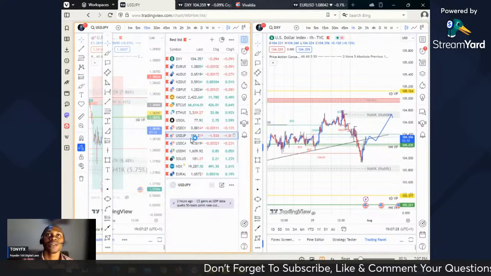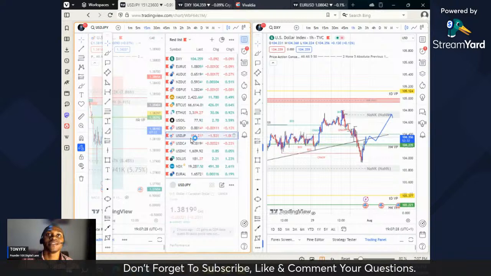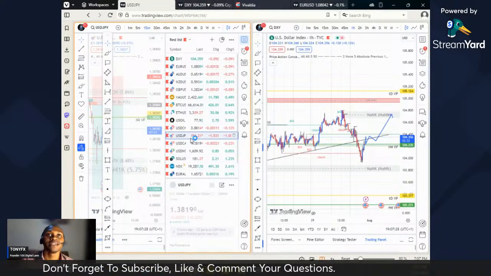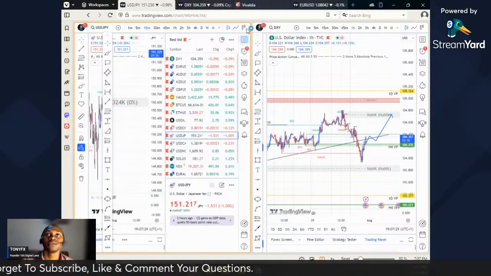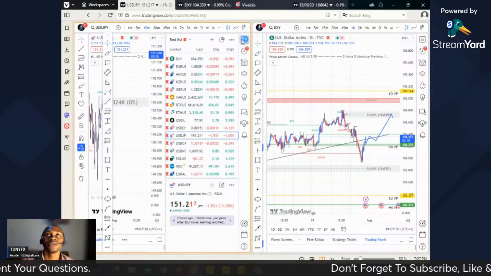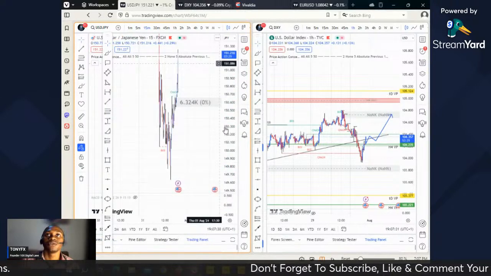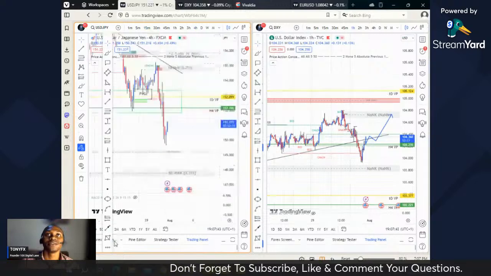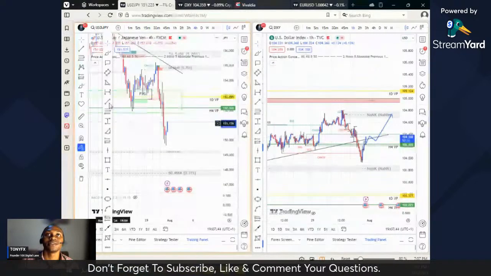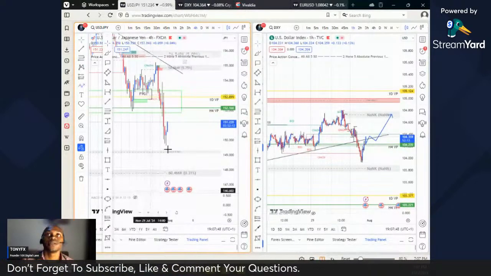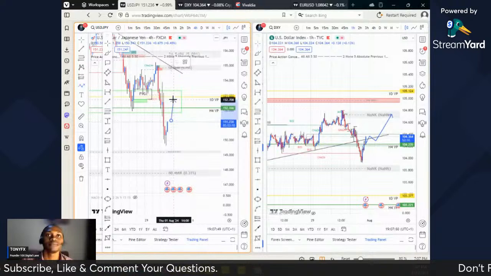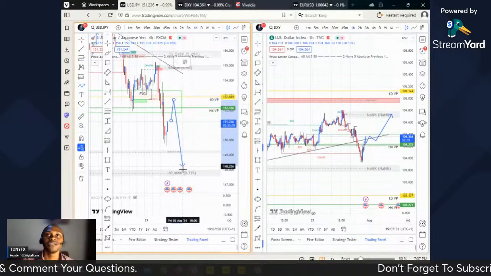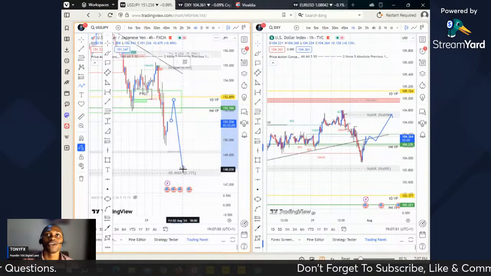Dollar is gaining ground against JPY. Dollar is gaining over here, also a test over here. This is what I see for USDJPY. I see USDJPY dollar to retest here and then continue for the